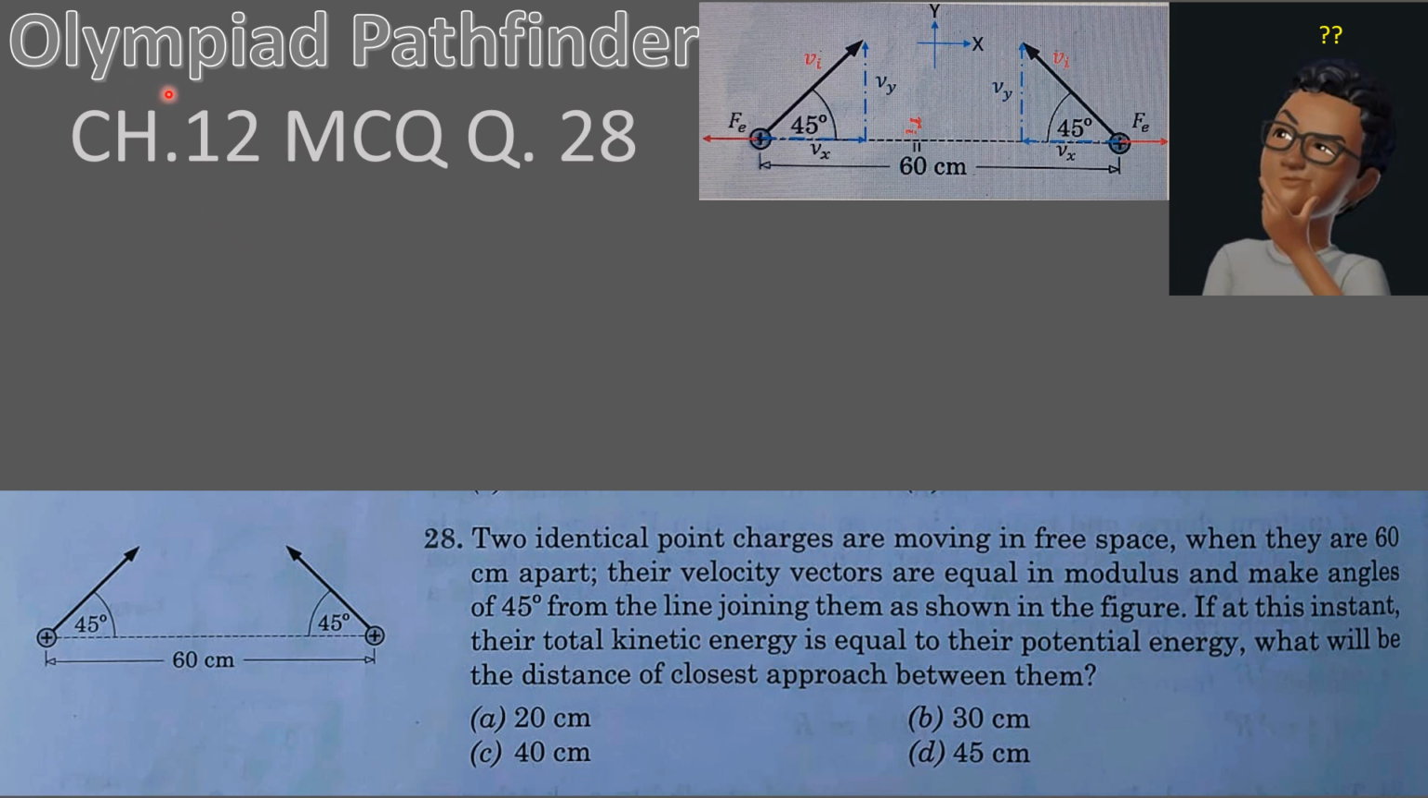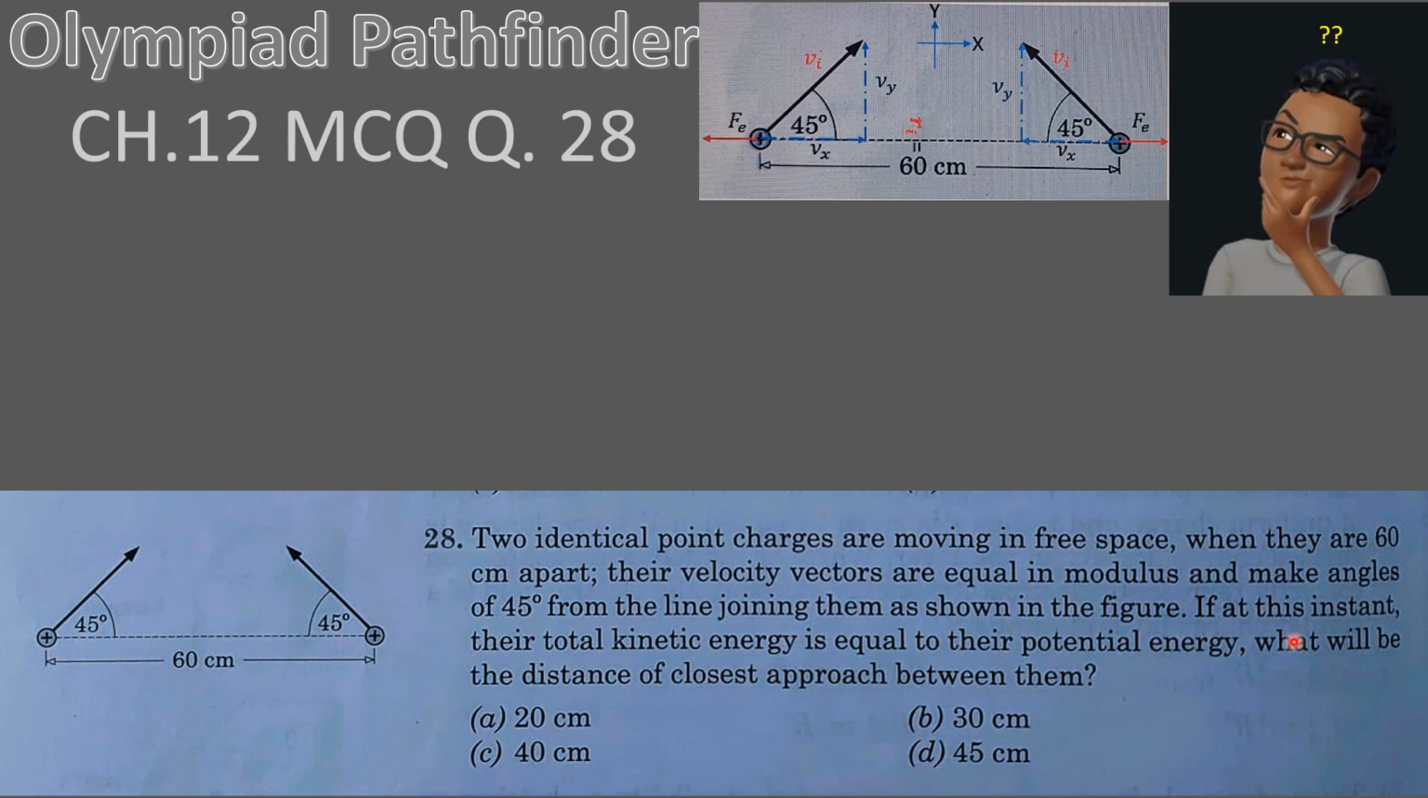This question has been taken from Olympiad Pathfinder, Chapter 12, multiple choice question number 28. Two identical point charges are moving in free space. When they are 60 centimeter apart, their velocity vectors are equal in modulus. These two are equal in modulus and make angles of 45 degree from the line joining them as shown in